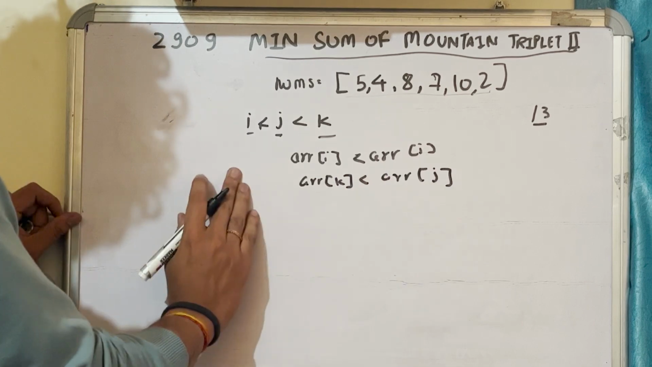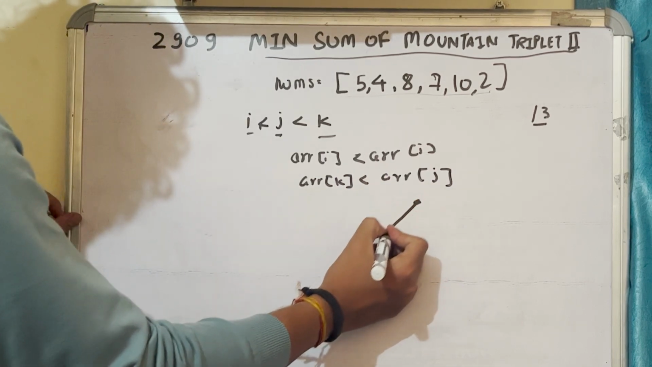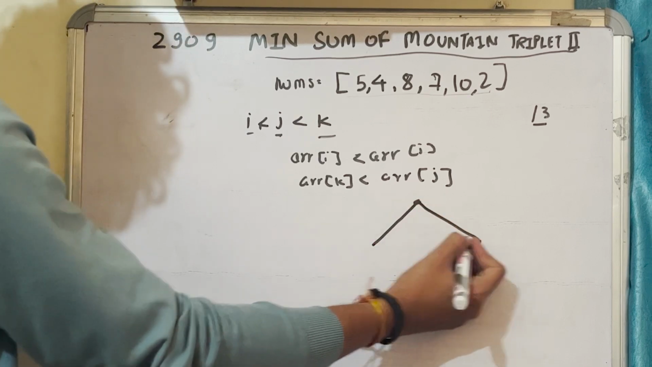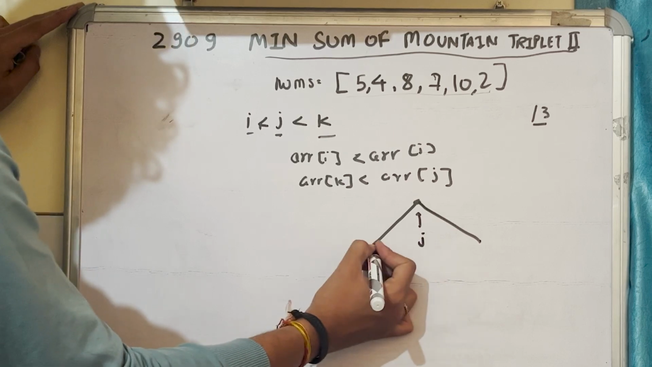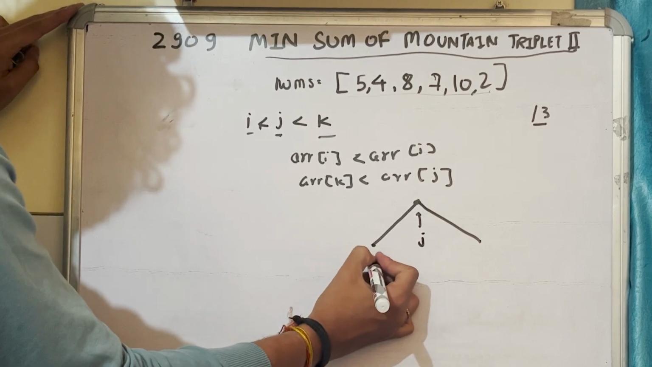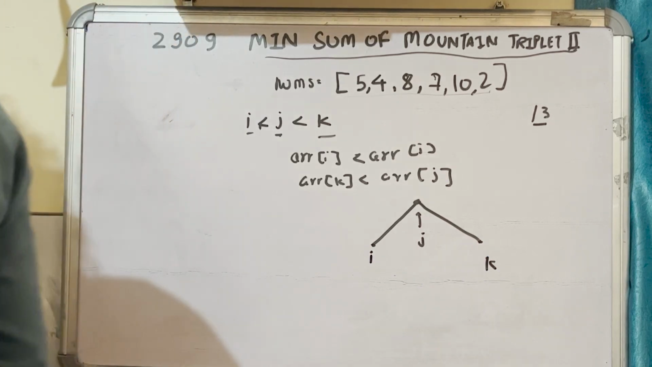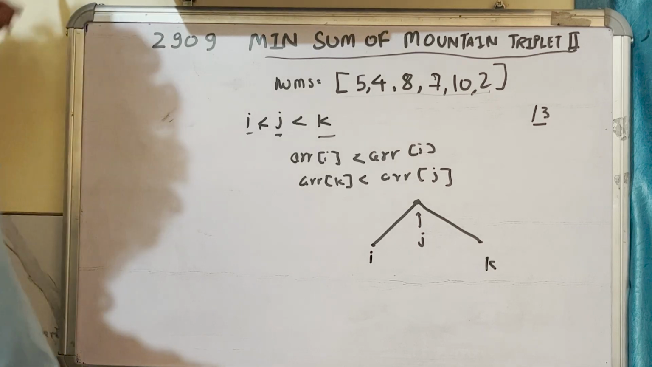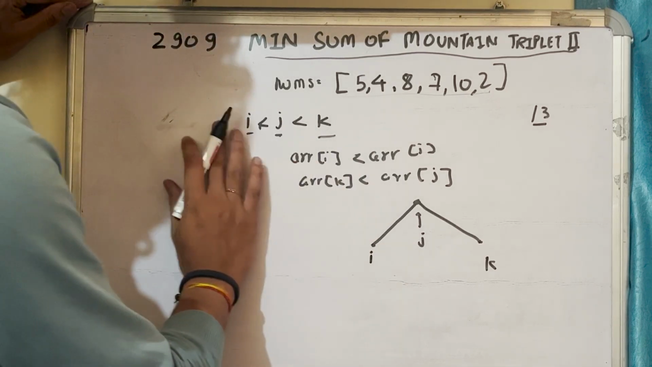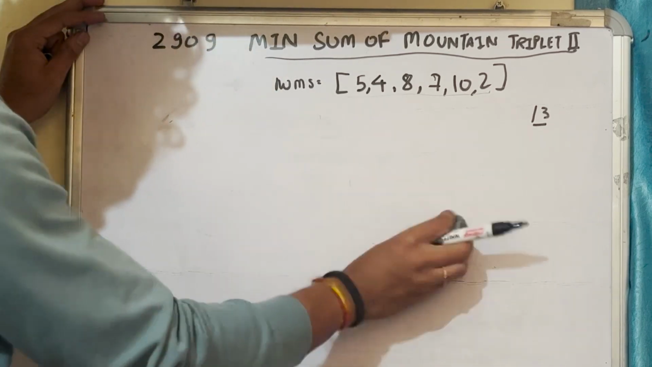So basically if you couldn't understand the condition, what they are trying to say is that you should form a mountain peak, and this peak should be pointed by j, somewhere it should be i and it should be k, and what you have to return basically is the minimum possible sum of the triplet. For example, let me rub this so I can explain you much better. For example, if you look at this array,